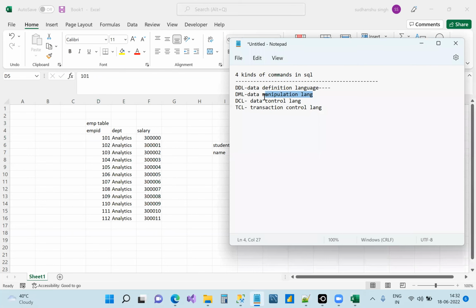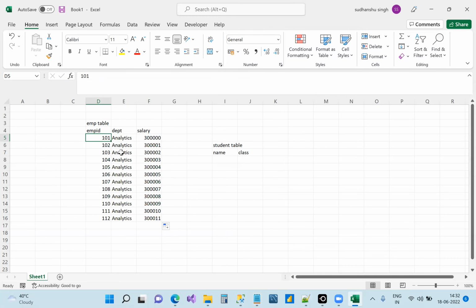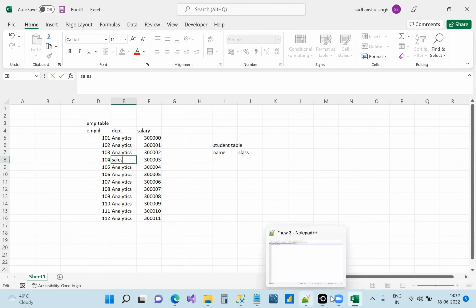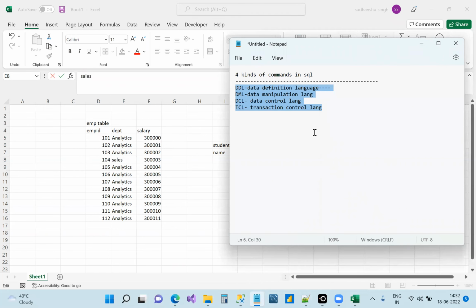Okay, why is it called manipulation? Let's understand that more. It's called manipulation language because once you have given the value, you can later on change it also, right? Right now, suppose this person, employee ID 101, is working in the analytics department. Tomorrow he can go to the sales department. If I write sales over here, I'm changing the values inside, right? So manipulating it, right? So this is the reason it's called data manipulation. Got it? In SQL, we will be doing it the other way. I'm just giving you a glimpse right now of what these words mean. Okay, remember it. In SQL, we'll have to write commands for it.